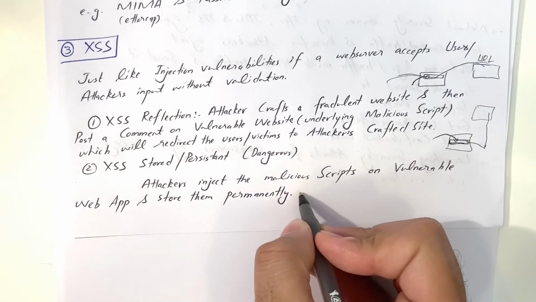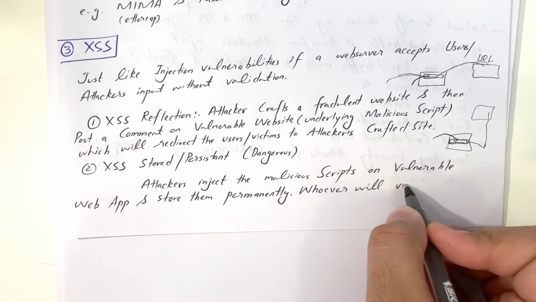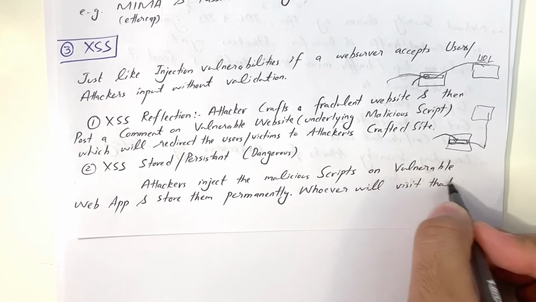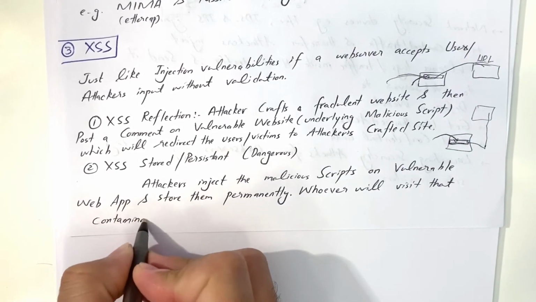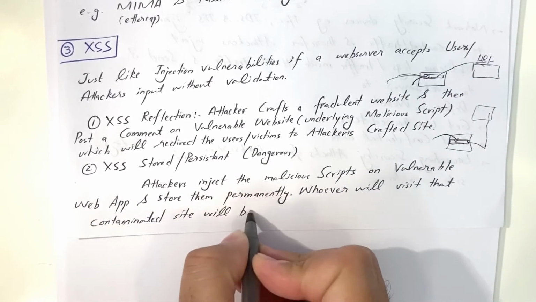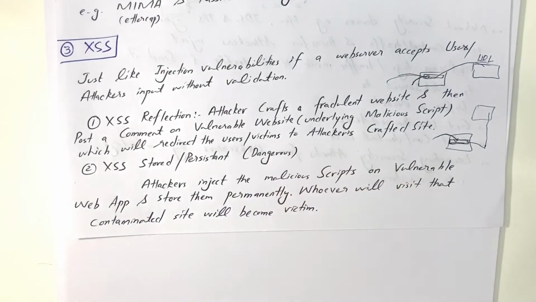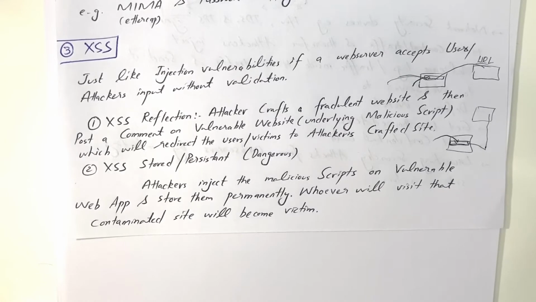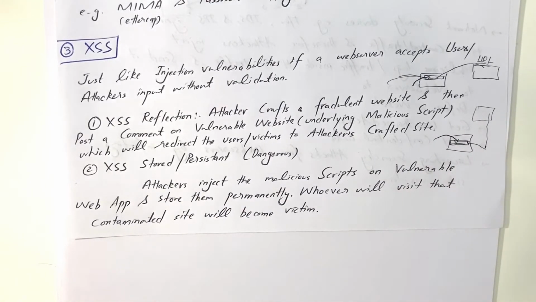will visit that contaminated site will now become a victim. Like, the attacker can do anything when they visit that. So the attacker has already installed this script on that website. Now, whenever they log in, automatically whatever this script was designed for, it will actually do those actions